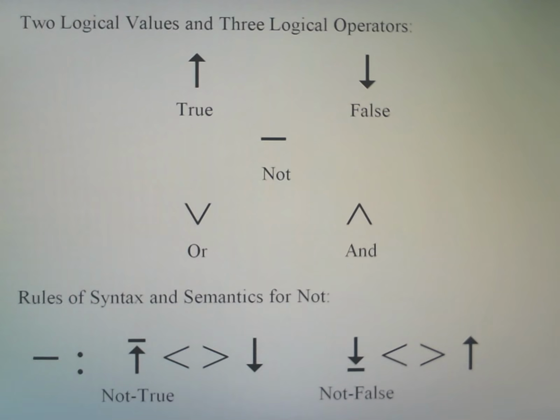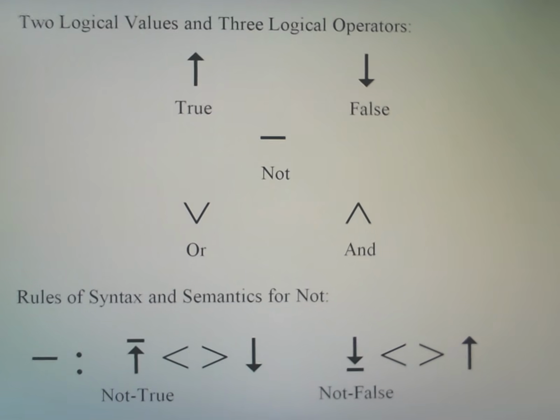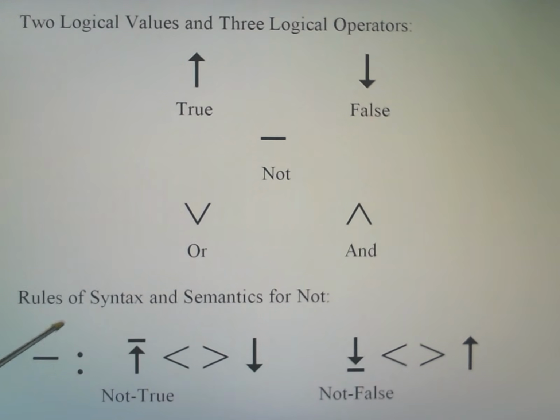So when we use the symbols here, basically we will replace true or false with proposition symbols because a proposition can be either true or false. But at this point, I will give you the rules for combining the symbols and the rules for the meaning of the symbols in terms of the up and down arrows only. So beginning then with not, as you see here, here is a symbol. The colon says, of course, that this applies to not. And so as we see, in terms of syntax, the rules for combining the symbols, we can combine the not symbol with the true, or we can combine the not symbol with the and.